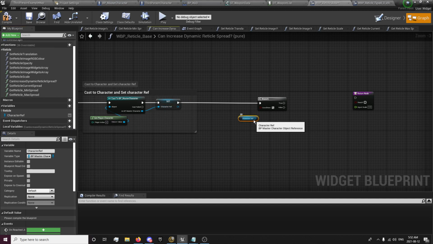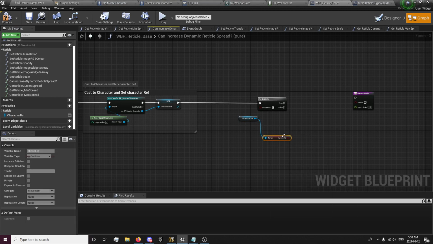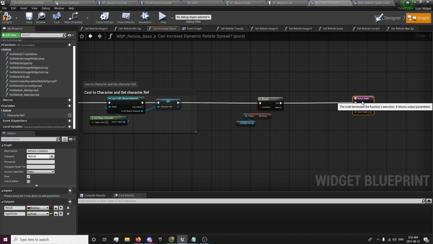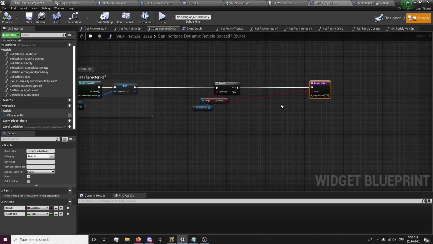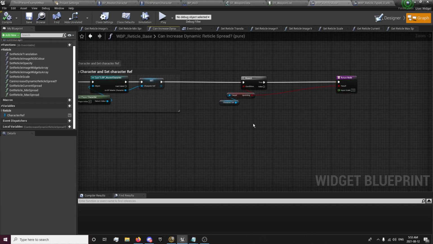Drag this out. The first thing we're going to want to check is if we're sprinting. And if we are sprinting, we're going to head on to the result here. And this will let us know if we are not sprinting in that result. And the input, we're just going to set 1.5. And if it's false,